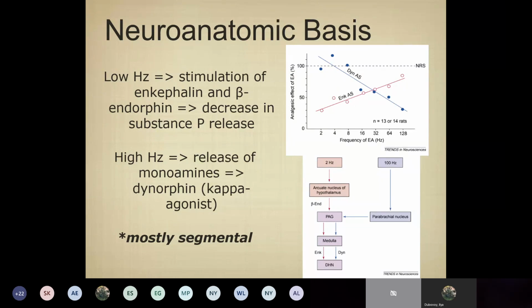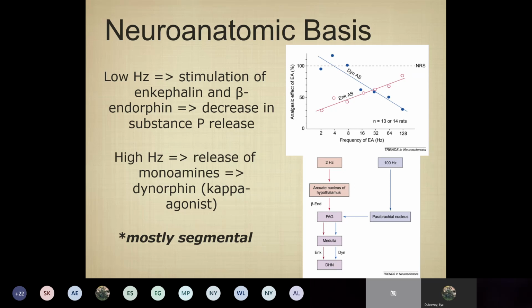Now, this was an elaboration of traditional techniques of needle stimulation and something that has been clinically known for a long time. But there is a very good track of evidence that low frequency stimulation tends to produce enkephalin and beta endorphin, that is opiate peptides, which primarily work on the mu and delta receptors. And as the frequency is increased, there is a release of monoamines and dynorphin, which is a kappa agonist, resulting in a different pattern of analgesia,